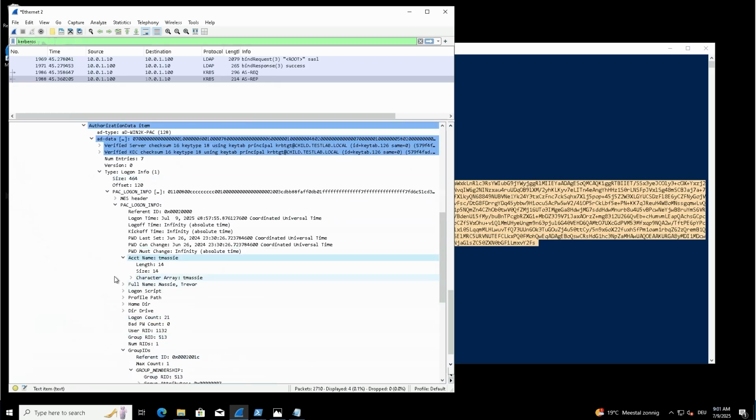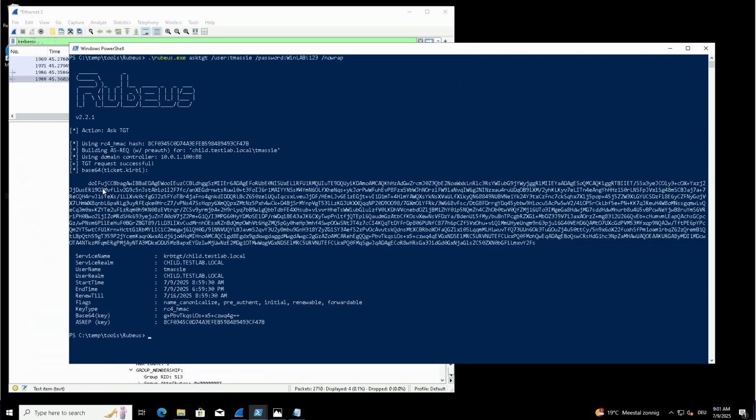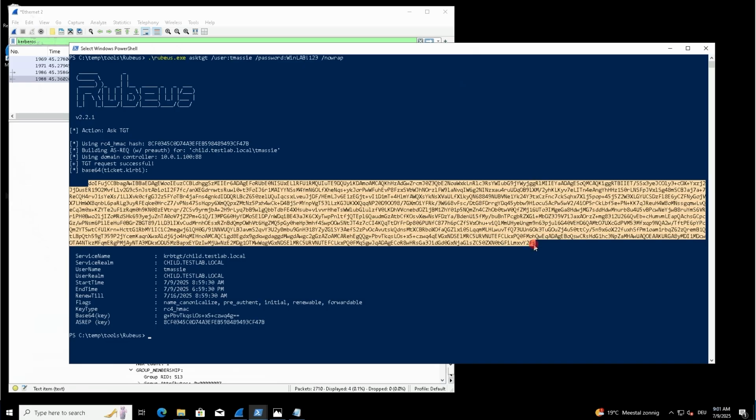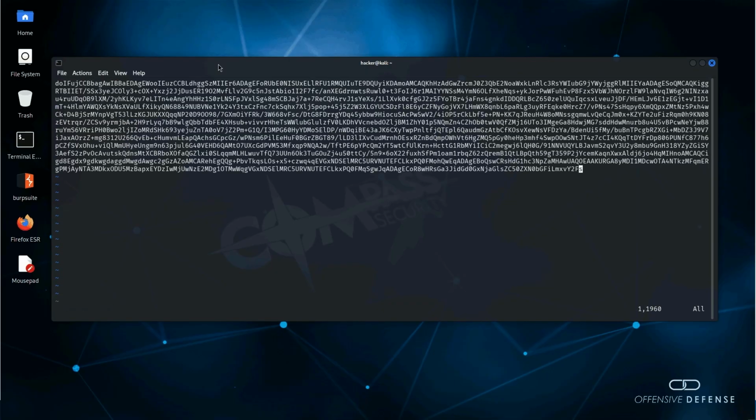However, we can also look at it in another way, and we can use Impacket tools for that. So for the Impacket tools, we need to copy over the ticket to our system. Now, it's important to know that this base64 content that we have here is actually the ticket and the session key with it. So we can copy that over and use it fully on another system. So on our Kali Linux, we create a new file, paste the base64 encoded content into it, and then first we have to decode it